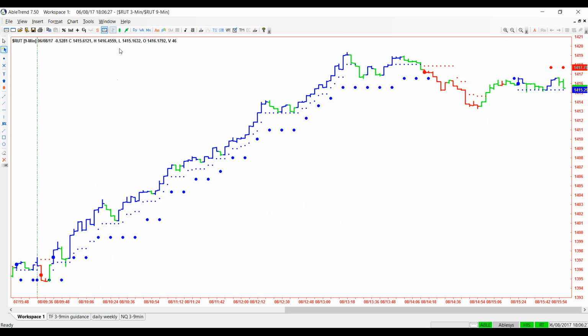Let's take a look at the Russell Index right over here. John's asking for that one. Had a couple other people ask for that too. So let's jump in and take a look. Very popular with the Options Moneymaker group, who uses our software every day with Abletrend. And they have a live trading room. It's called the